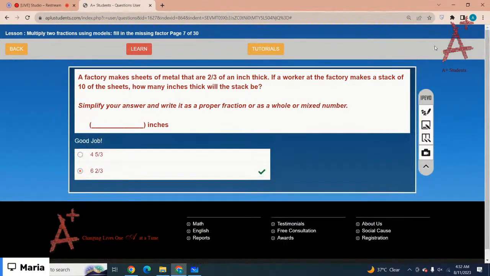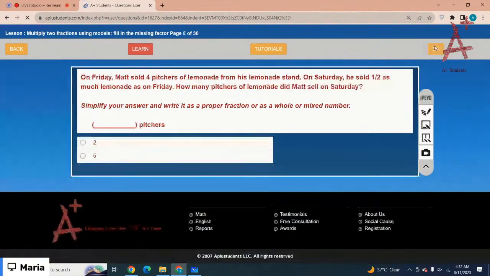Okay, I forgot to click on the OK button. Okay, the next one is